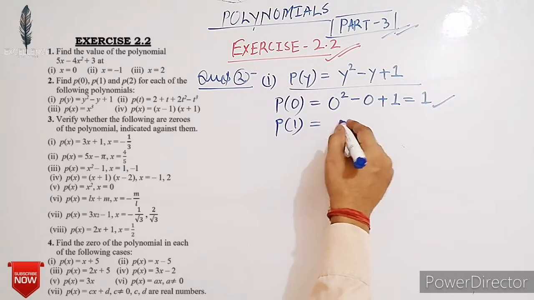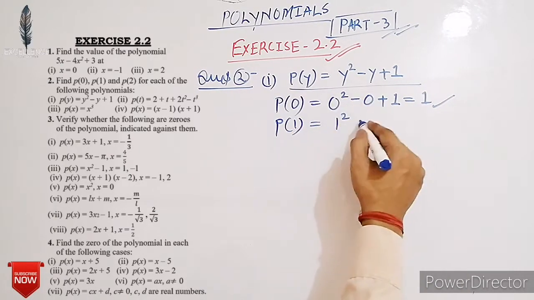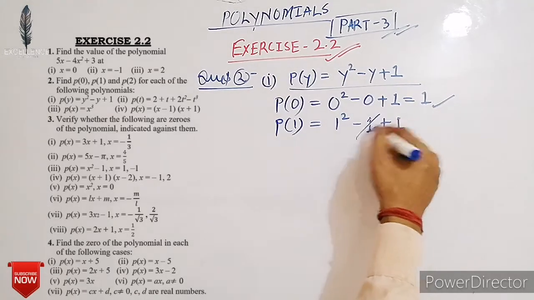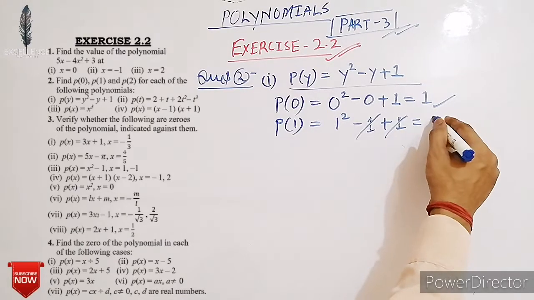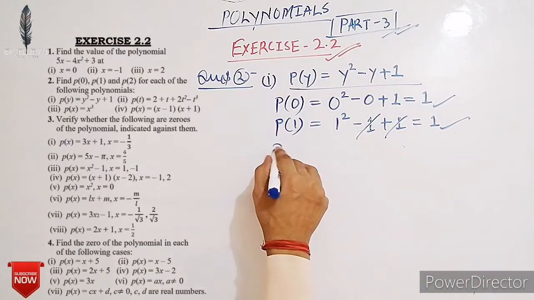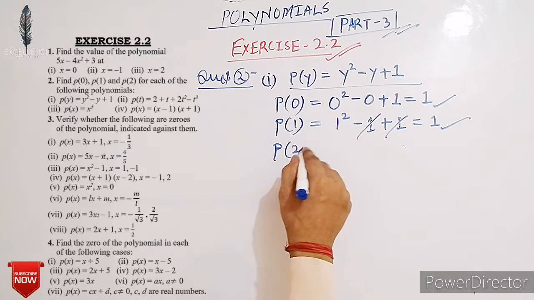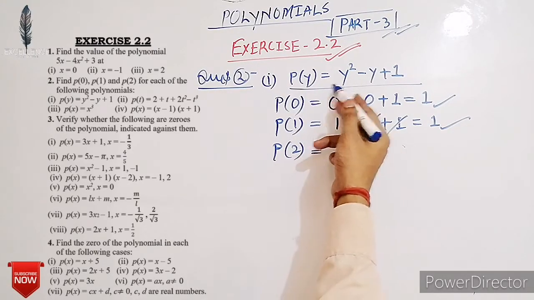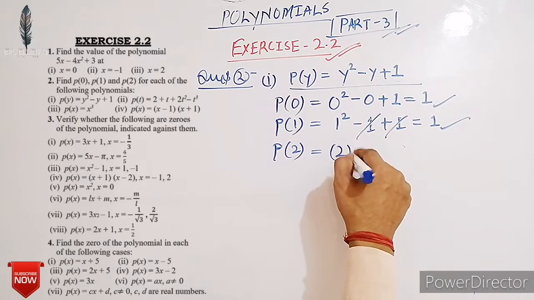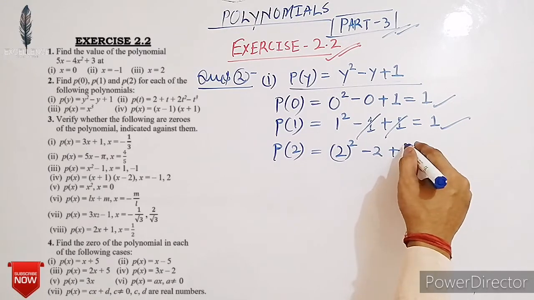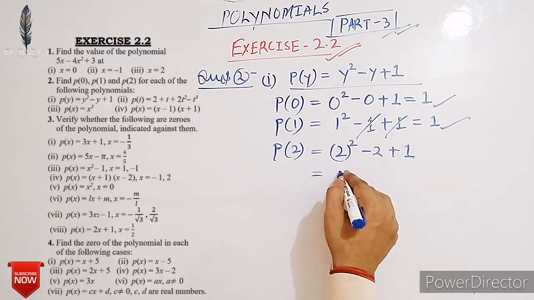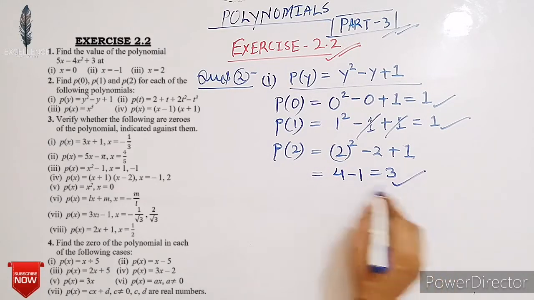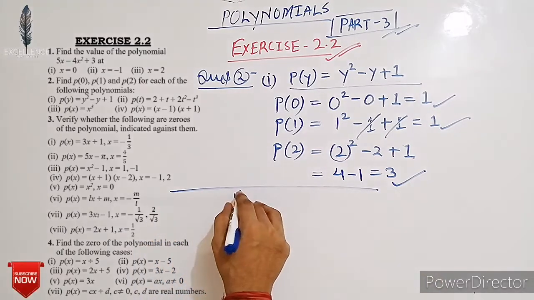Now p of 1 is equals to 1 square minus 1 plus 1. Minus 1 plus 1 cancel. Here we get 1. Now p of 2 is equals to, here put 2 at the place of y to get p of 2. So here p of 2 is equals to 2 square minus 2 plus 1 is equals to 4 minus 1 is equals to 3. Now second,